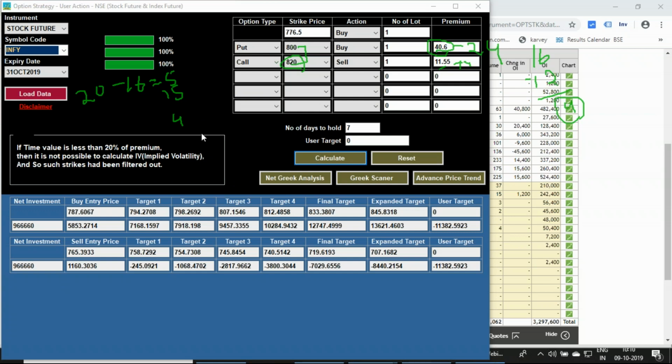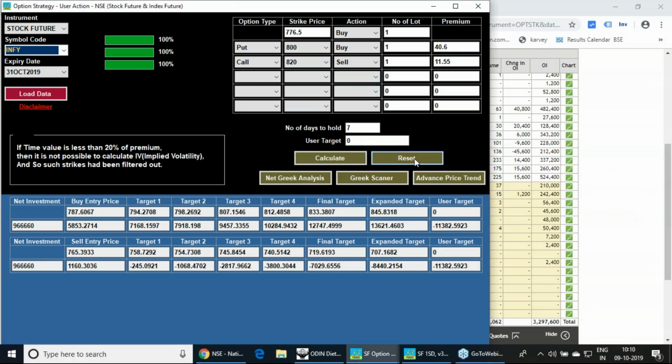So buy the future with a deep in-the-money put option buy, and sell out-of-the-money call options which will be above the 800 strike. You can go for 810, 820, 830, any such strikes you can sell. Or you can form a 2:1 ratio call spread and put spread also. But this strategy is more secure as compared to